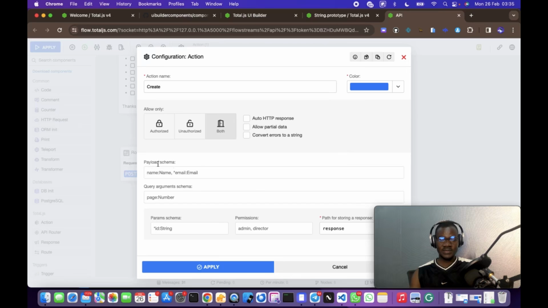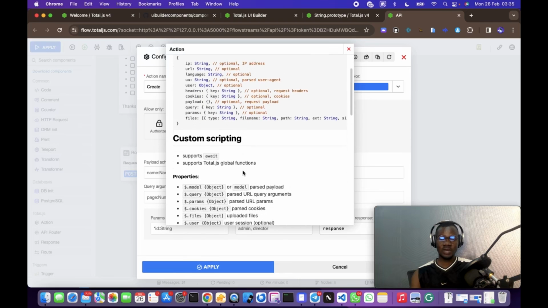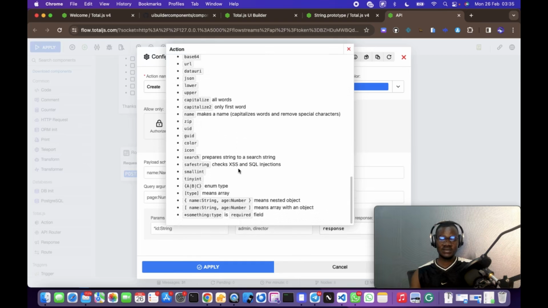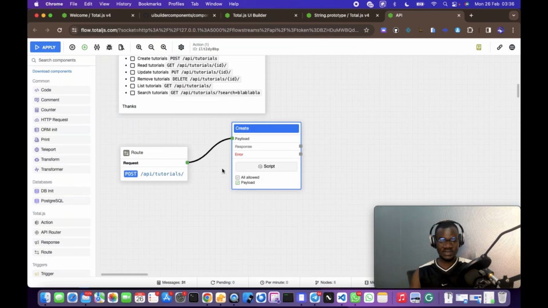And now in this payload schema, we need to put the data we need to validate. If you want to learn more about the component, click on this icon. It is the readme panel that shows you how things are working. Everything is here. Our fields are very simple. We just need a title, which is a string, and a description, which is also a string. Click on save,